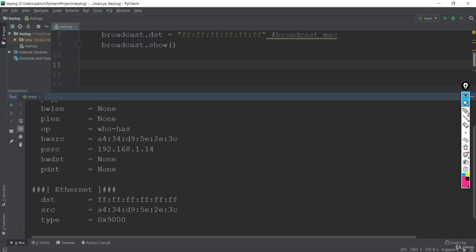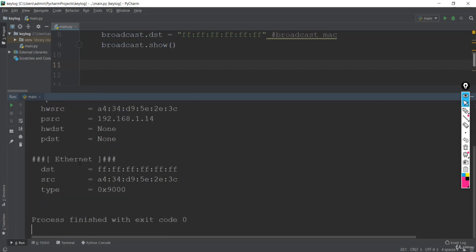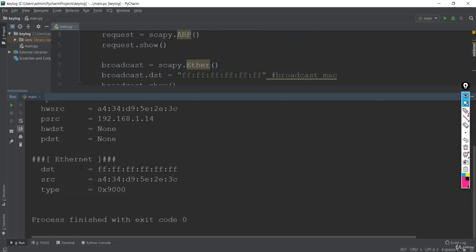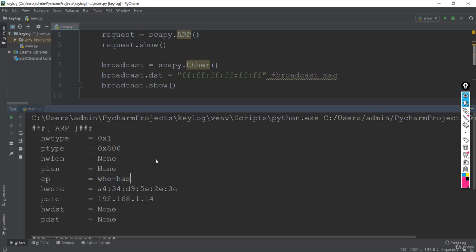This is the ARP layer, and we have the Ethernet layer here, which was created by this Scapy module. You can see the destination MAC address, which is the broadcast MAC address, this is the source MAC address, and we see this ARP packet over here. You have seen here who has, which is the way to ask who has those IP addresses in the network.